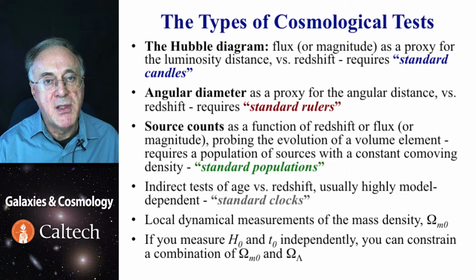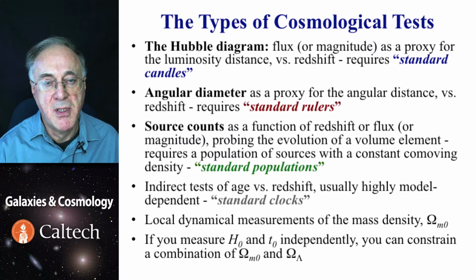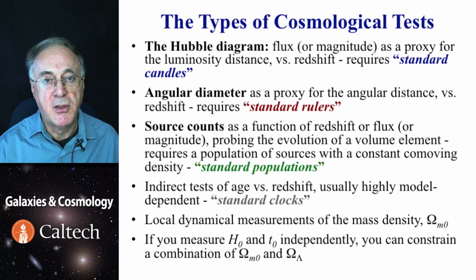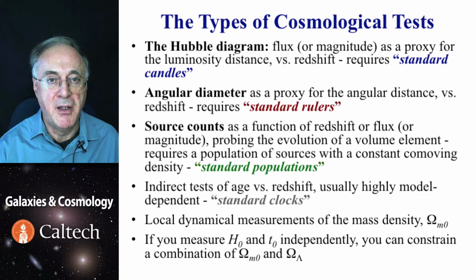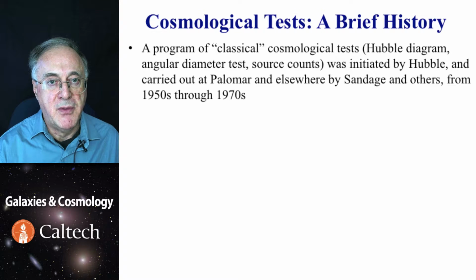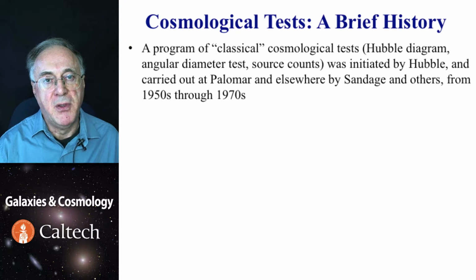And finally, if you can somehow independently measure the Hubble constant and the age of the universe, as we discussed earlier, then that combination constrains a combination of omega matter and omega vacuum density, or cosmological constant, but does not determine it uniquely. And that's all you can do. So cosmological tests were developed, at least in principle, immediately after the discovery of the expansion of the universe,